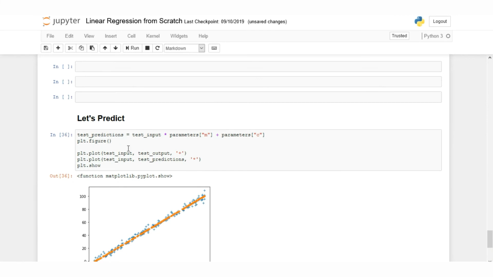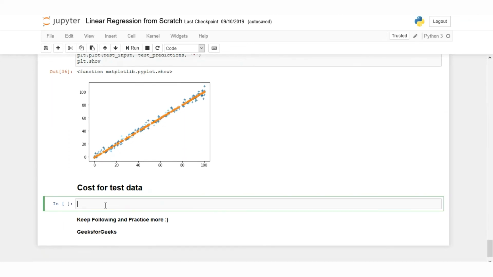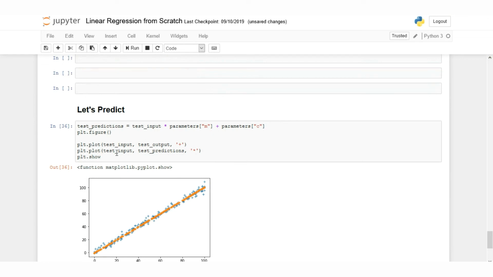Yeah, so now you can see these plus values were the actual values and these star values are the hypothesis model we have. Now let's check the accuracy of our method. So let's calculate the cost function passing on these values,